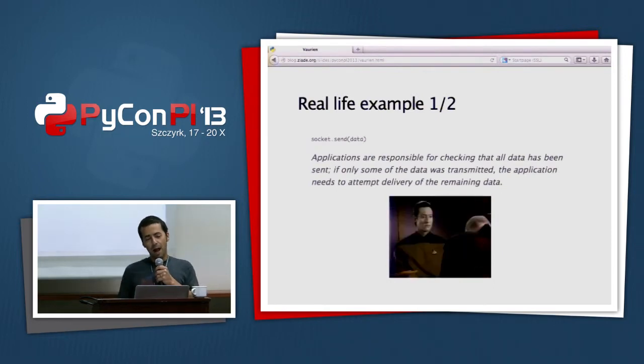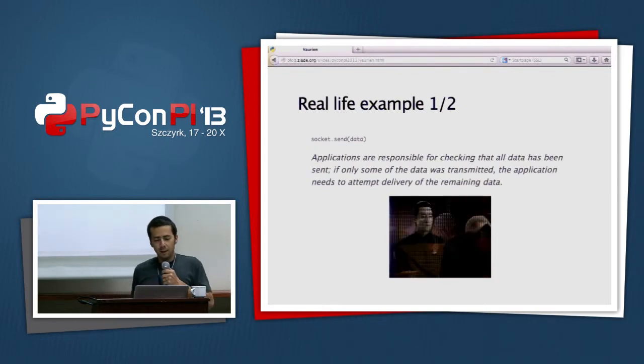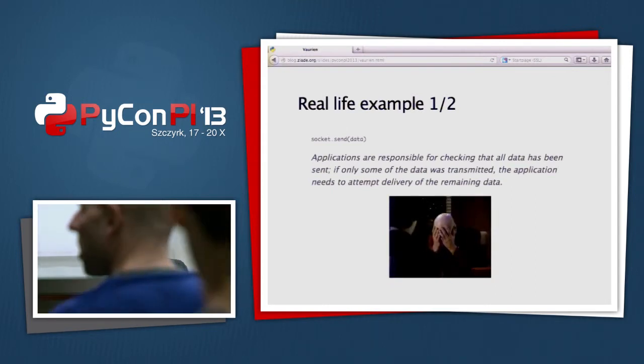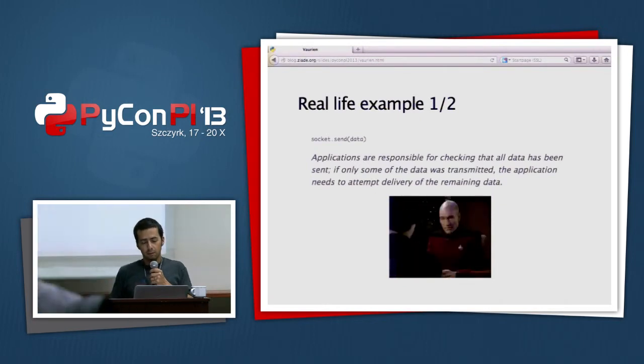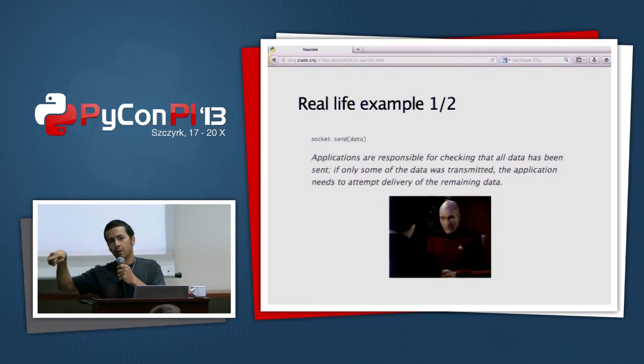So what happened is that the Python Sync application was doing some queries to a backend server using sockets, and there was a bug where the code used to send data to the socket was using the send method of the socket in the Python standard library, which basically calls the underlying Linux send method.